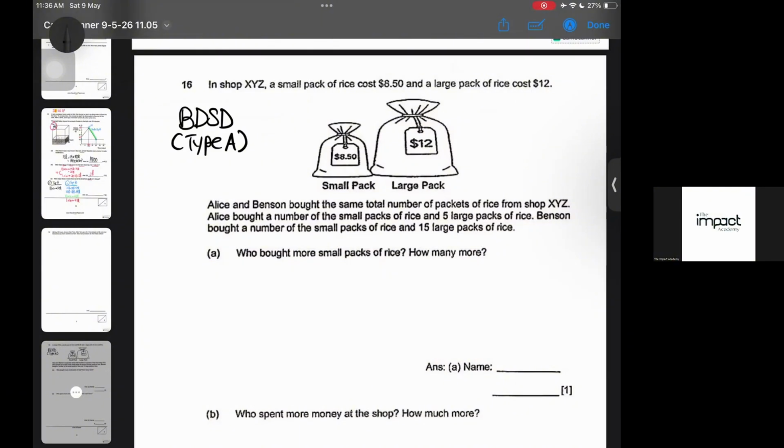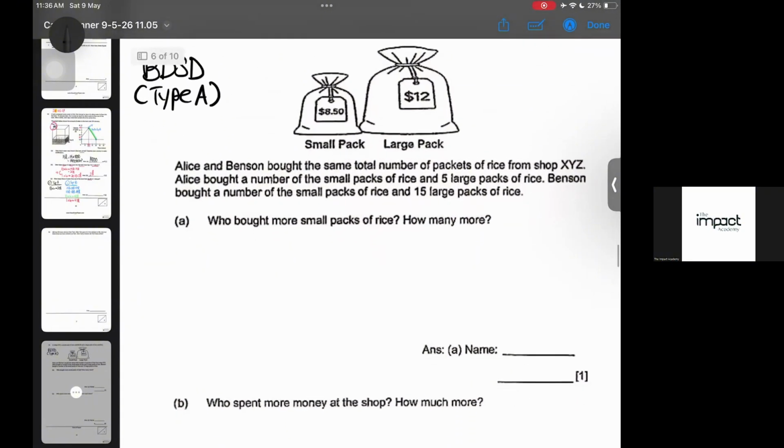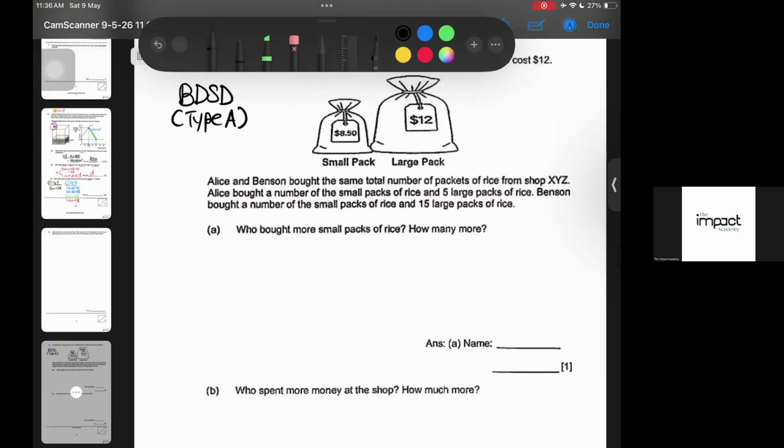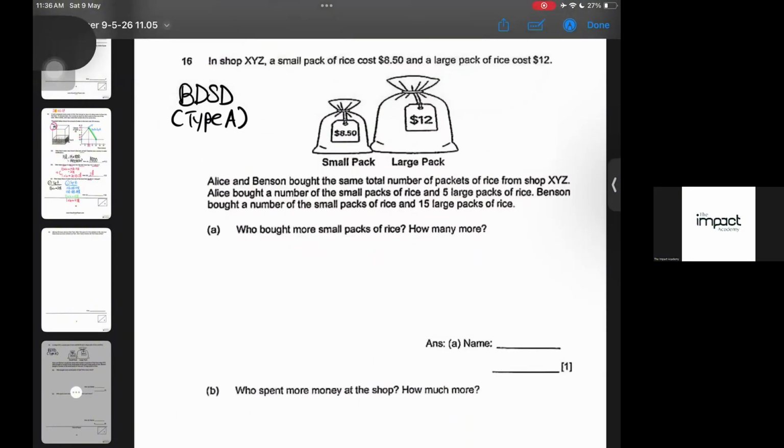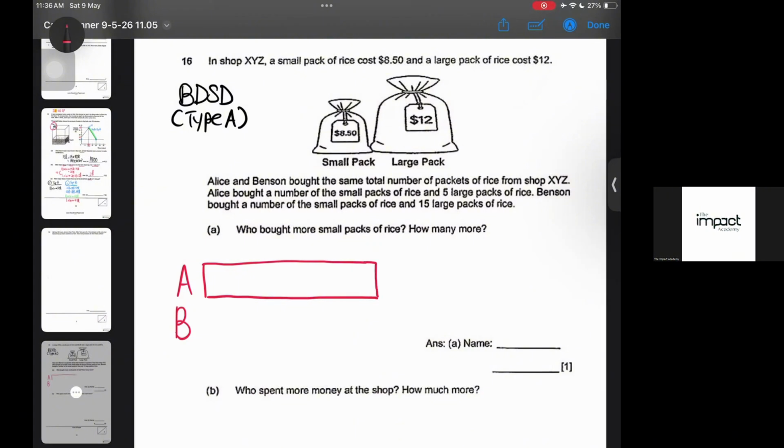What happens in shop XYZ? A small pack of rice costs $8.50 and a large pack of rice costs $12. I want you all to learn how to do type A BBSD because your job is to draw a model first. Everyone, eyes on the screen. A and B. Alice, last question. Alice and Benson,